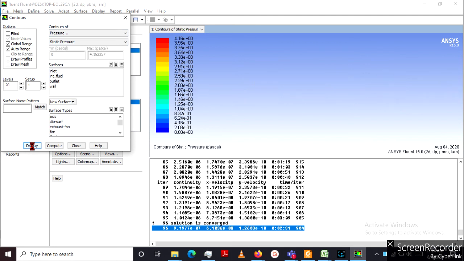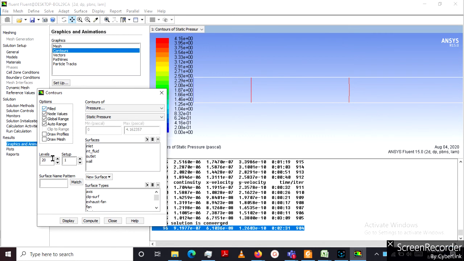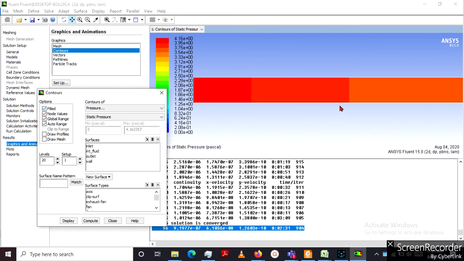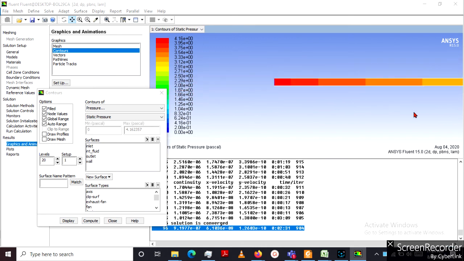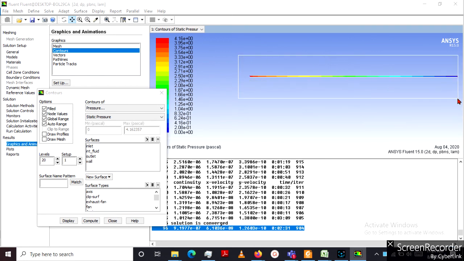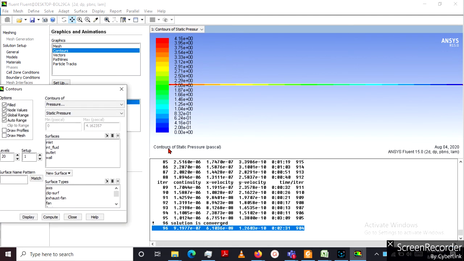So you can also view contours of pressure and velocity. So display. So here are the contours. You can go to the field mode, display. So here you can see the pressure variation inside the pipe. So the red color denotes the maximum pressure and blue color denotes the minimum pressure. So because at the right end the pressure is lower than the left end, because of this pressure difference the fluid flow is occurring.